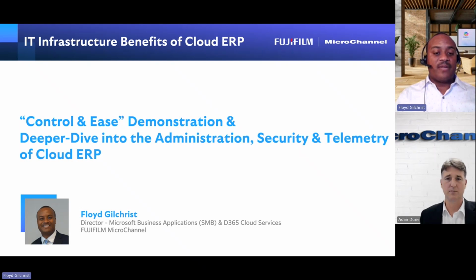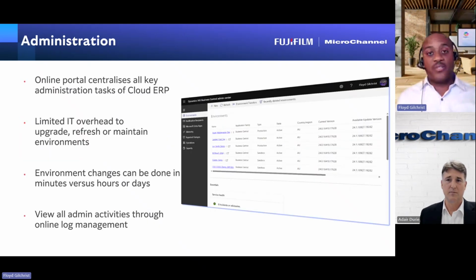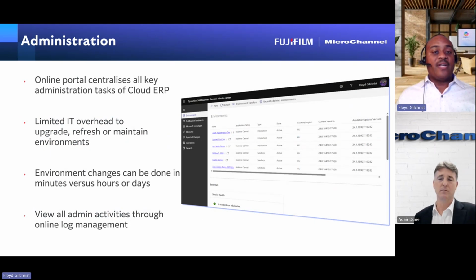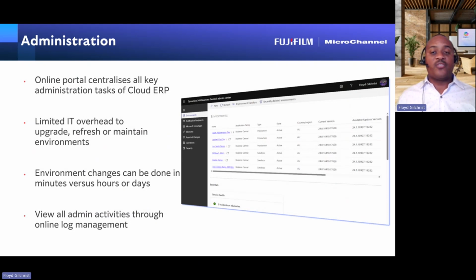So to start out, I will cover a little bit around administration. When you're looking at a cloud ERP, normally you'll find that you have a very centralized portal where you can manage all the features, functionality, and key things that you need to do in terms of managing your day-to-day operations with the ERP system. Traditionally on-premise, you had to set up your own tools, configure various things and touch points across those environments, from networking to infrastructure and all those various aspects, to be able to see what's happening in an environment. With the cloud ERP, you get access to the portal. All of that is pretty much set up for you right from the start.